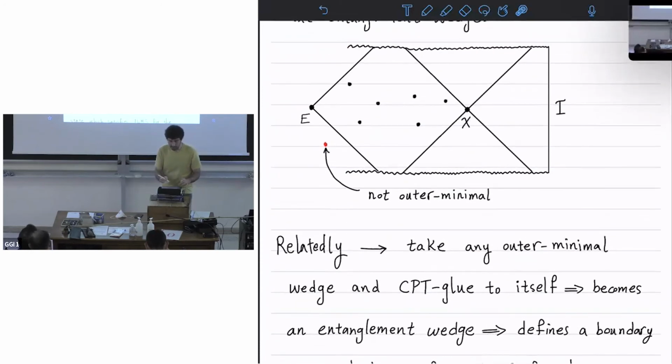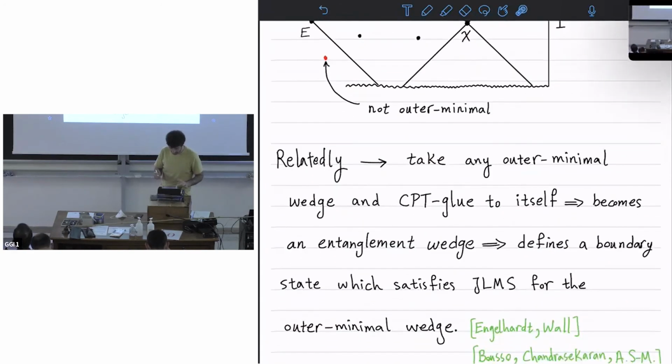And another thing is, you might wonder, how do we do this kind of bulk reconstruction that doesn't reference the region to the past of an outer minimal quantum extremal surface? So usually for bulk reconstruction, we use some boundary density matrix rho, which only refers to this region. Now, this is not